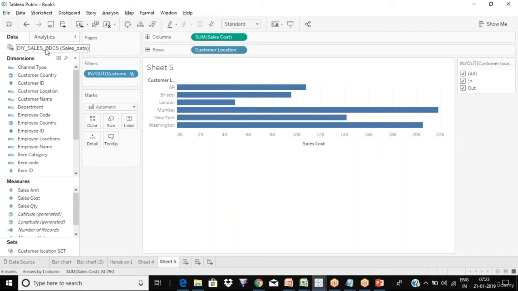In SAS, you could have created a new data set with that filtered data. But here, the data is only one, like sales. I cannot create another data copy of it. So there is a concept of a set by using which you are filtering out data and creating that column.